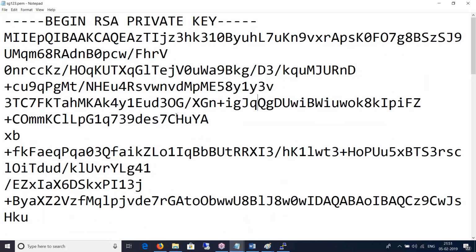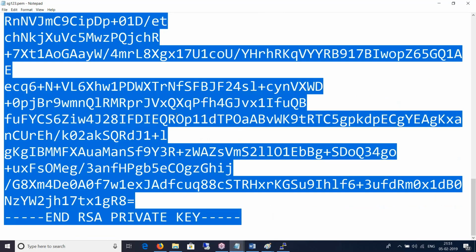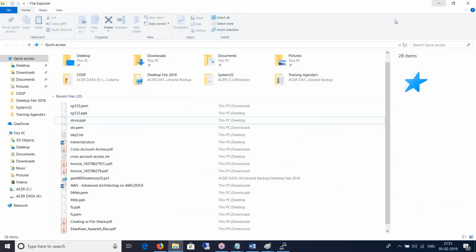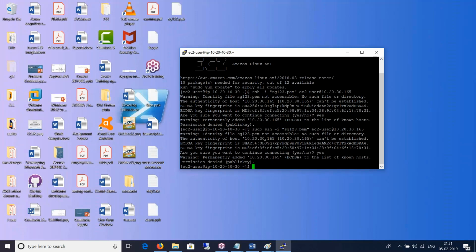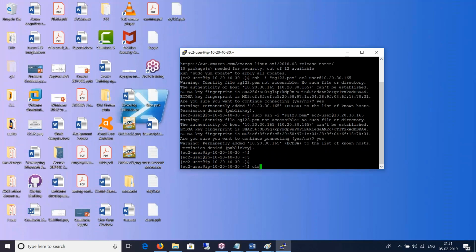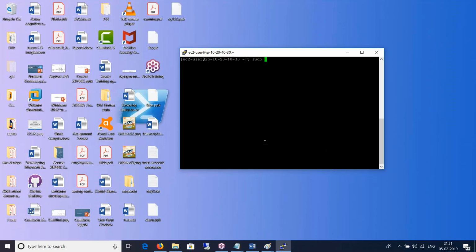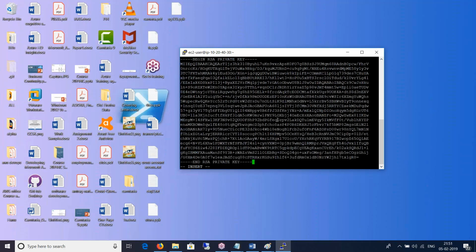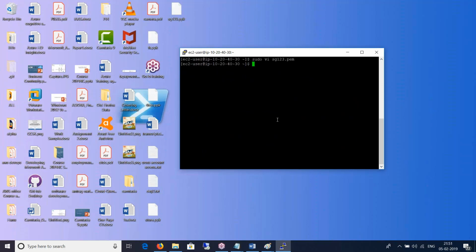I'll copy all of this, Control A, C, without missing anything. I will go back to my terminal, clear the screen to clear the clutter, and open a vi editor and call the file sg123.pem. Then I will insert the whole thing. All right, I got that file here now.